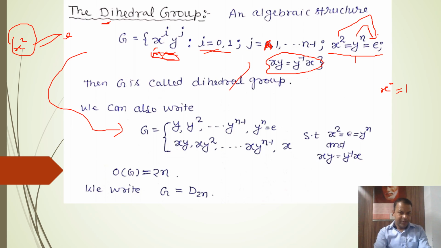So when you are using i equal to 0 and j equal to 1, you get the first result. When j equal to 2, for i equal to 0, you get y square. Similarly, if you are taking i equal to 0 while j equal to n minus 1, then you will get the element y to the power n minus 1. The next element, when you are taking j equal to n, will be up to n.